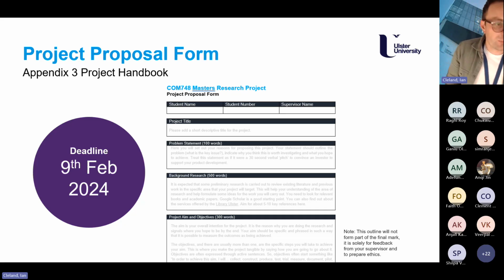Okay, so the project proposal then, this is due on the 9th of February. So it'll come around very, very quickly. It's the next component of the project, and as I mentioned, it is an essential component. And you won't be able to complete the project without making a submission for the project proposal. So it's really important that if you haven't started to think about the project proposal and begun to work with your supervisor, now is definitely the time to focus your work on this.